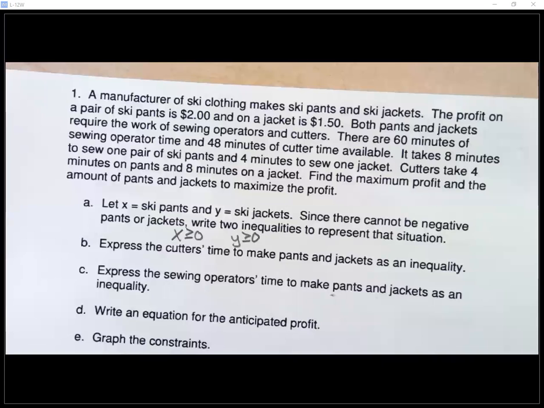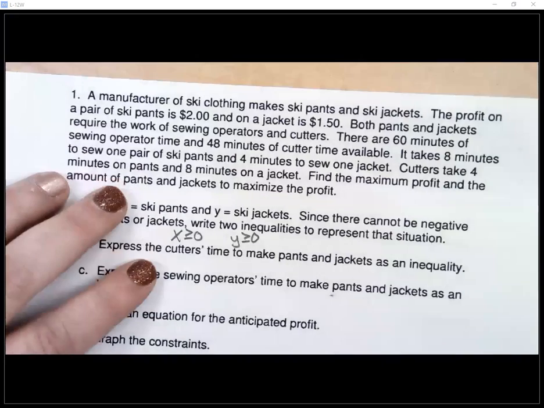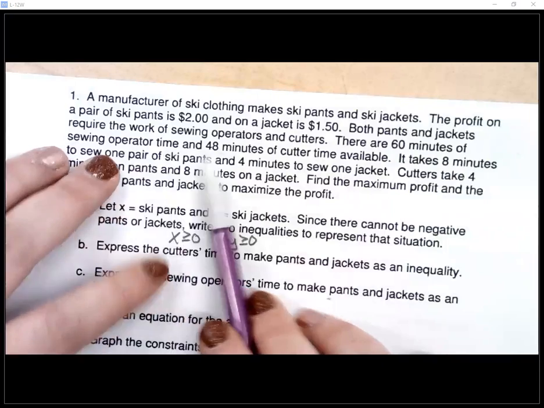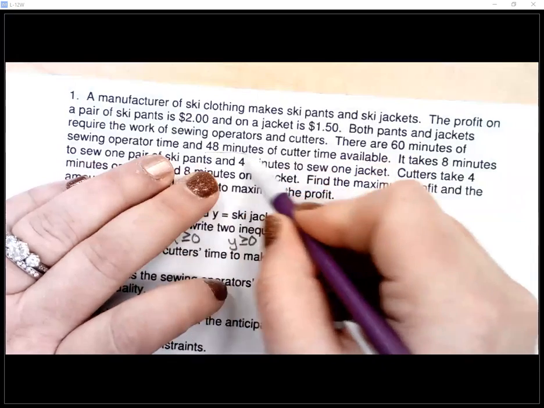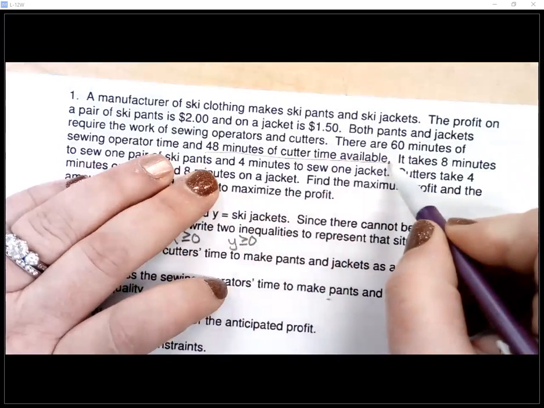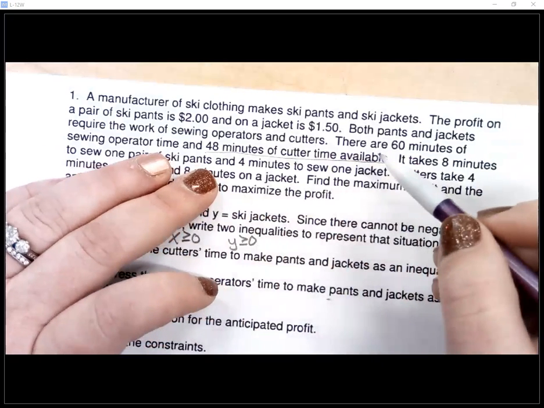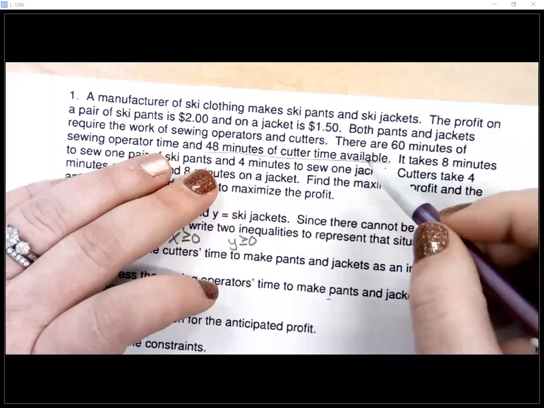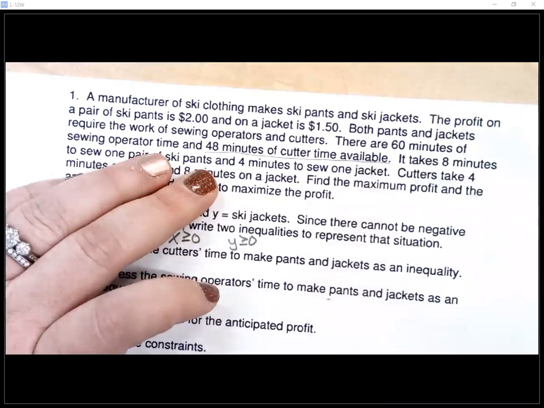So it says right here, there are 60 minutes of sewing operator time. I don't care about that right now, but I care about this. There's 48 minutes of cutter time available. So I only have 48 minutes for the fabric cutters to work with. There's only 48 minutes. So now I'm like, okay, I only have these 48 minutes and I want them to cut for me